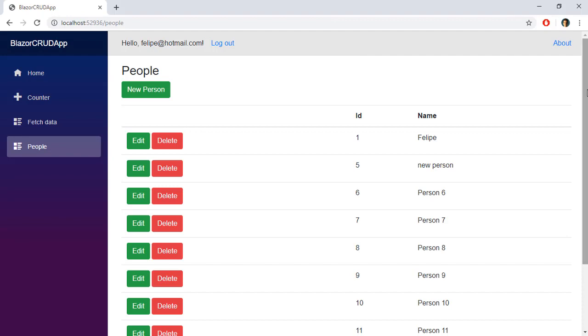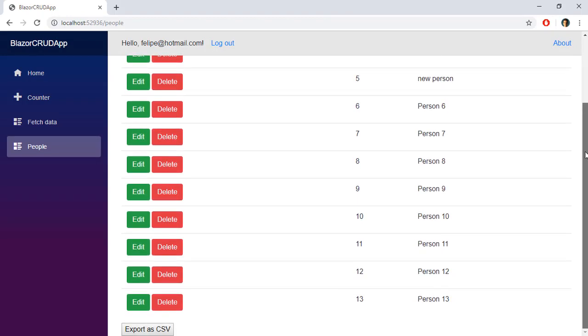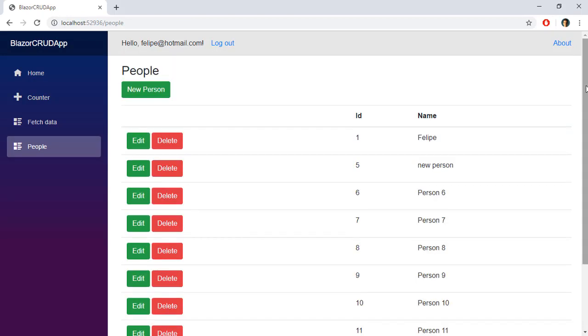Now you're going to see that we are only displaying the first 10 records, which is fine because by default we said that we want to display page 1 and the quantity of records to display per page by default is 10. So this is correct. Now we have to work on the Blazor side in order to allow our users to navigate through the pages